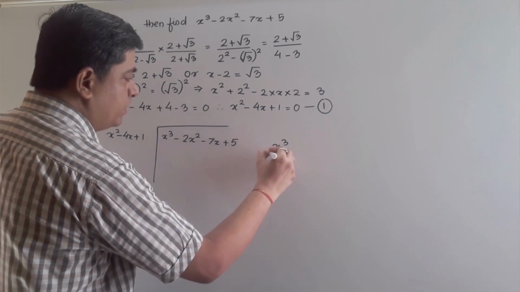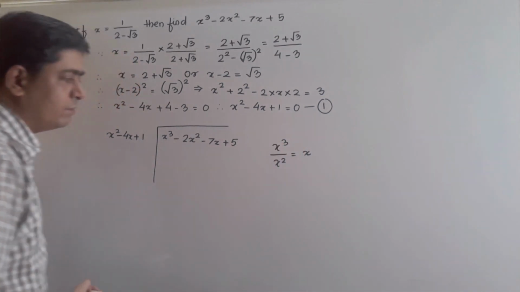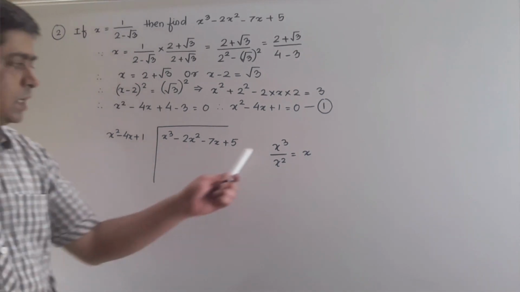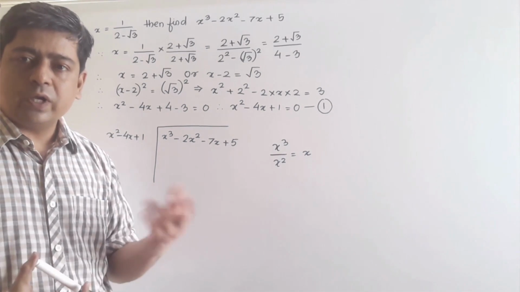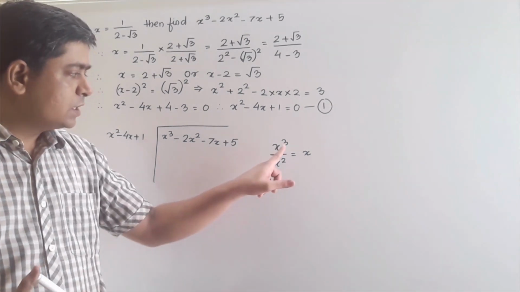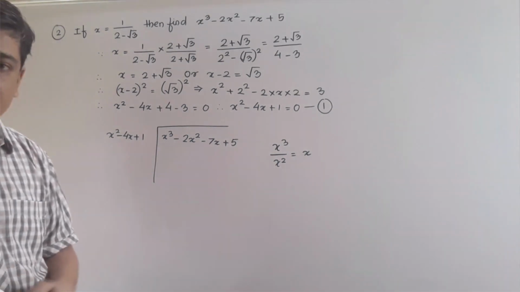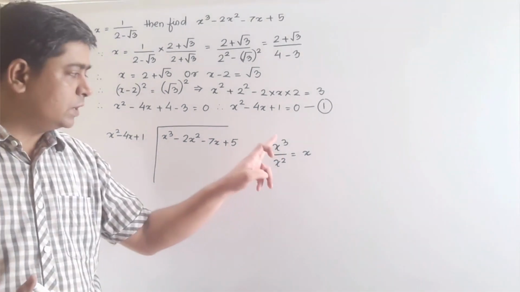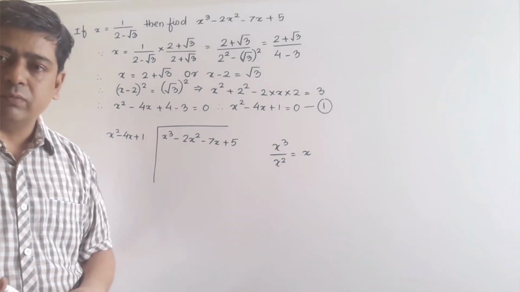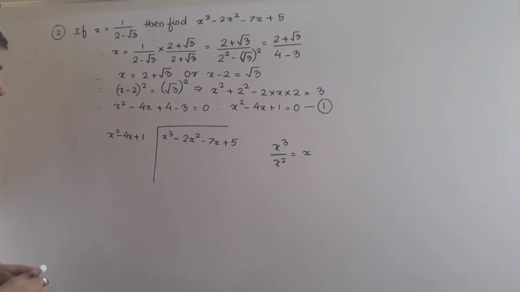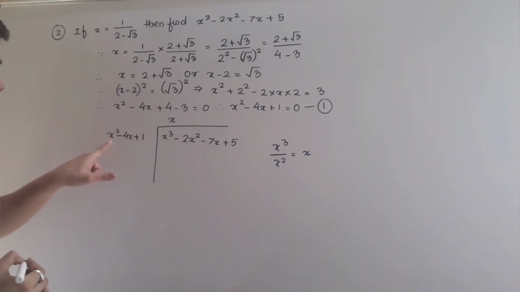So x cube, if I divide by x square, each and every time x will remain, because here 3 x's were there and 2 are cancelled, so 1 x will remain. Or you can say by the laws of exponents, 3 minus 2 will become 1, because the bases are the same and the terms are in division. So from the power of the term of the numerator, we can subtract the power of the term of the denominator. Now here I will copy x. Now you multiply x in all 3 terms.